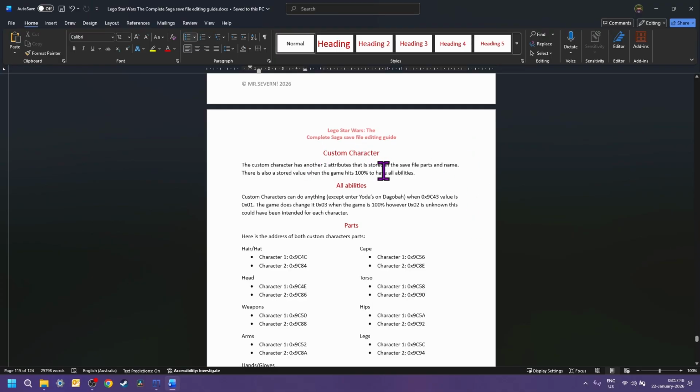The custom character has 2 attributes that are stored within the save file, parts and name. I'll actually need to change that to 3 for this game. Parts and name.